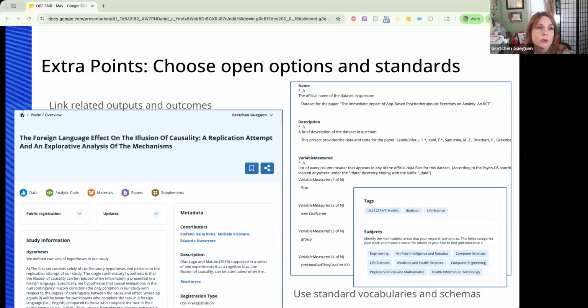In OSF, we also always recommend linking related outputs and outcomes to your work to make a network for all of your research that can interact and be interoperable with each other. So once you've created a registered study plan for your work, come back and add the outputs of that work so that you can have it all together and all findable in the same network.